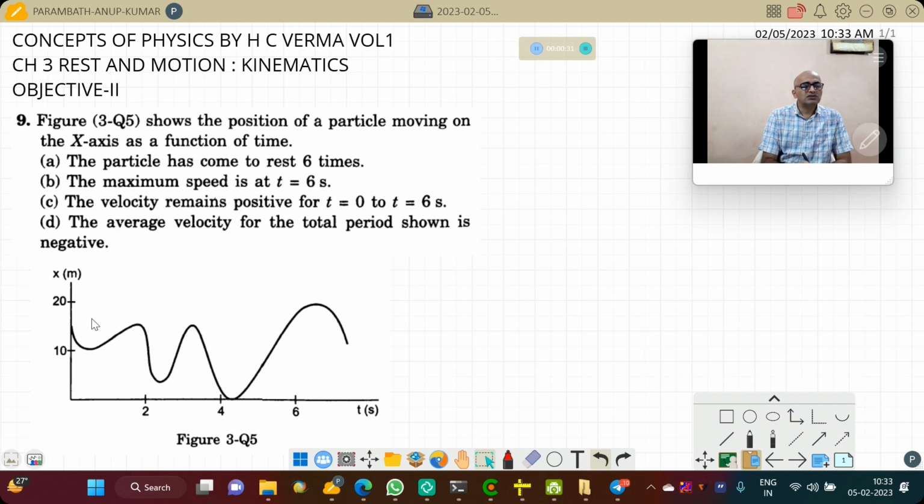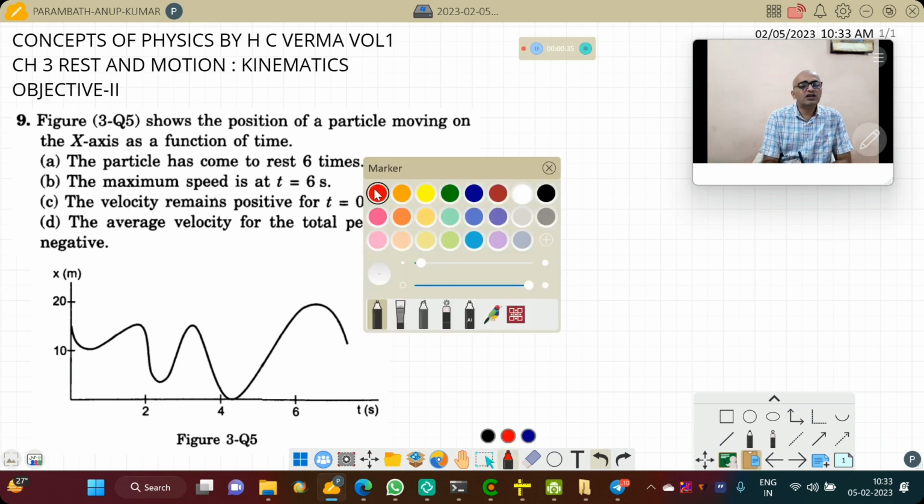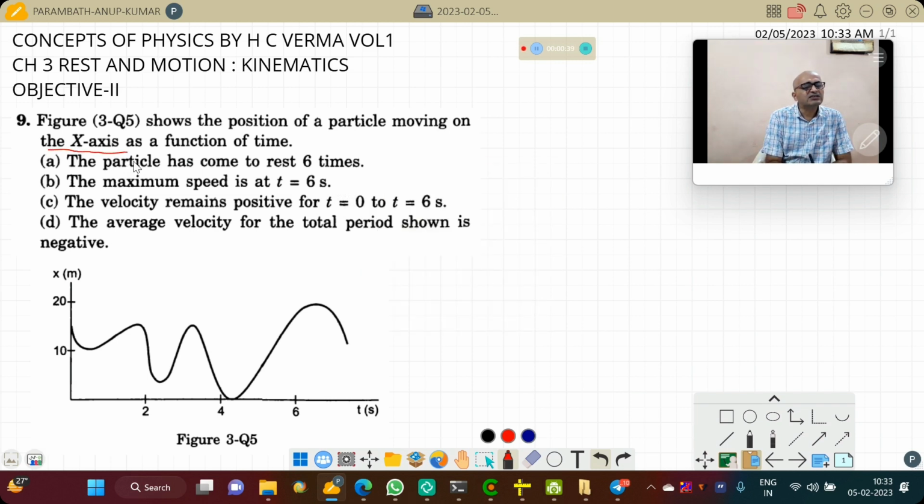So students, it is very clearly mentioned in this question that the particle is moving along the x-axis only. So you have to understand that it is a motion in a straight line. Although you are seeing this graph has a different shape like this, the motion is only along the x-axis. So how to determine A? The particle has come to rest 6 times. Please understand, students, that